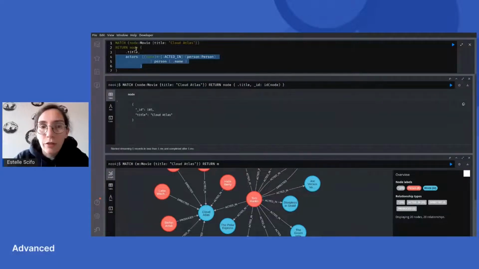I want to return this movie title. And in the JSON I'm building, I will add an actors key. And the actors will be built from this pattern here. So from the movie node, I will follow the relationship ACTED_IN to all the persons that match that pattern.